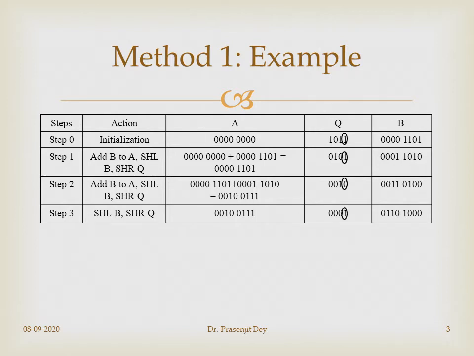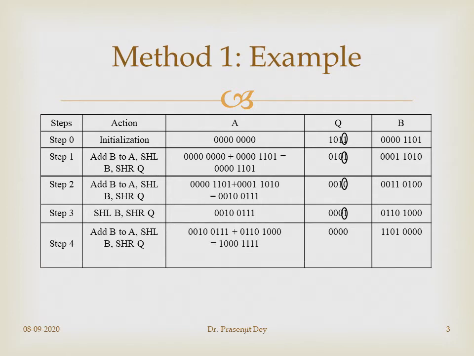And again, if we check the last bit of the multiplier, which is 1, in this case we add the multiplicand to the current value of A, which gives 1000111, and we shift the multiplicand B one bit left and the multiplier one bit right. After this we can see that Q stores all zero values. So when Q becomes 0, we stop there, and whatever value is in A is the final product. So here 1000111 is the product, the outcome.